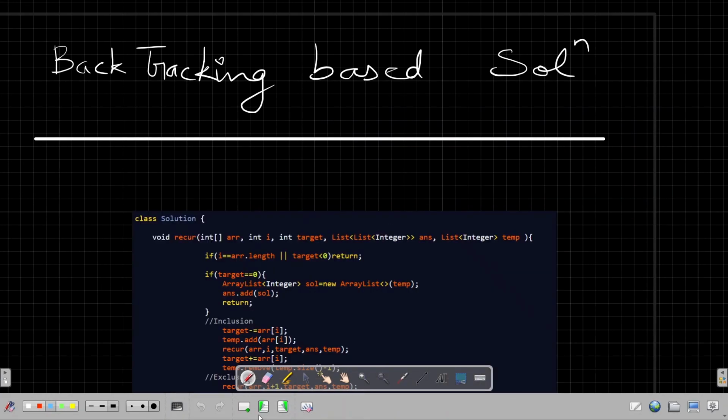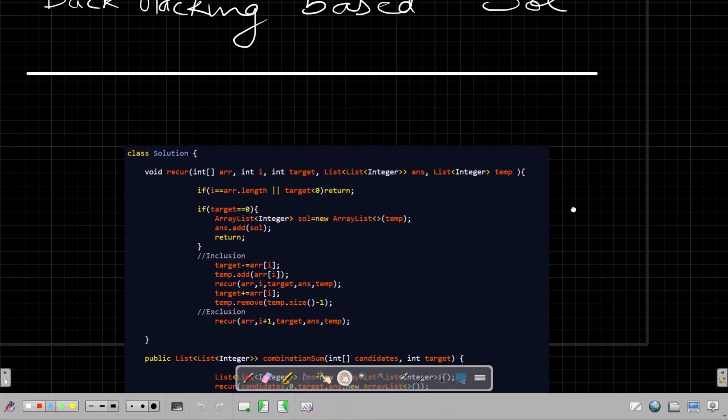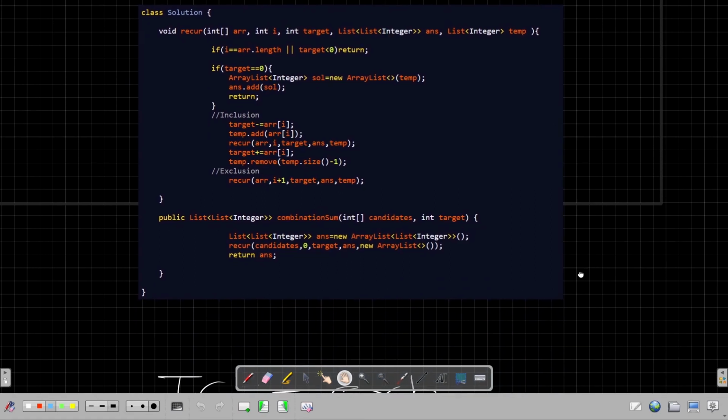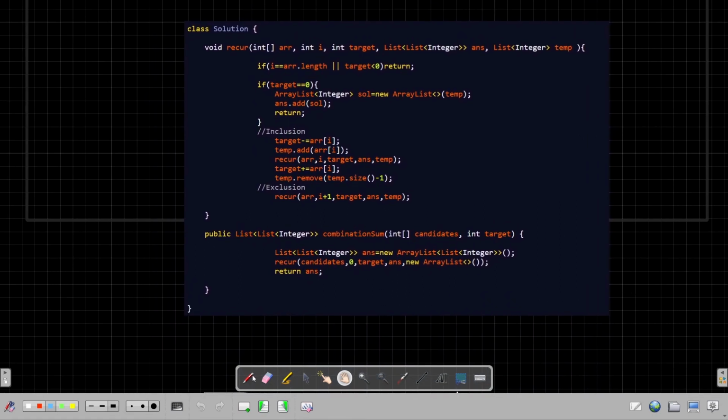So this is my backtracking based solution. No problem, I'll go through this line by line. So this is the array candidates which is given to us. This is the target value which we want to make. So this function expects us to return a list of integers.